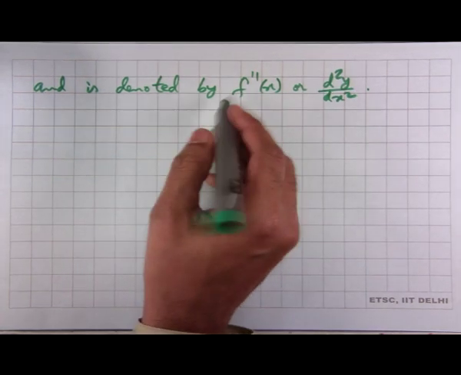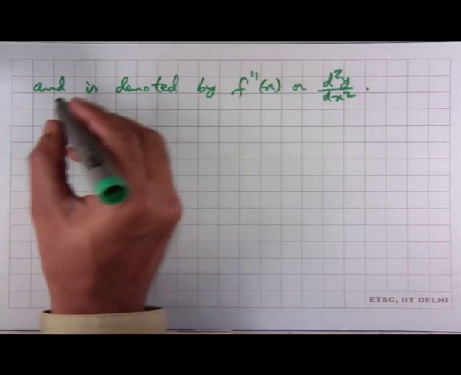So, the second derivative is the derivative of the first derivative, and similarly